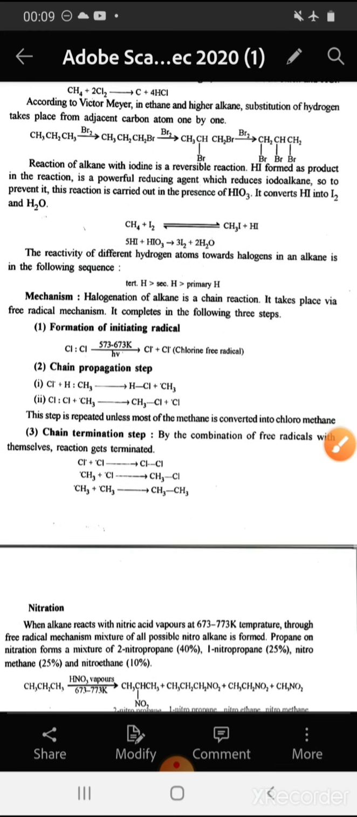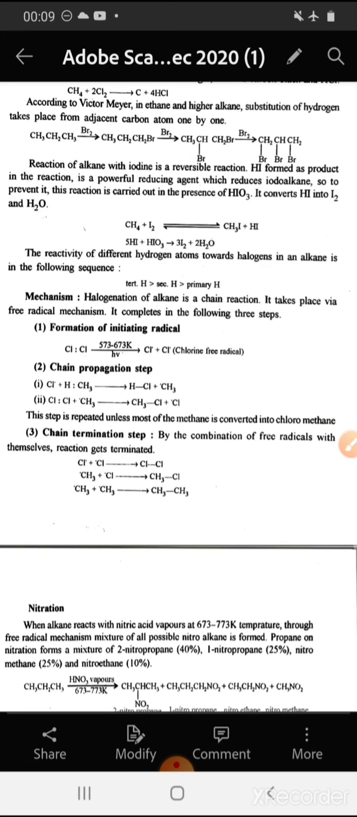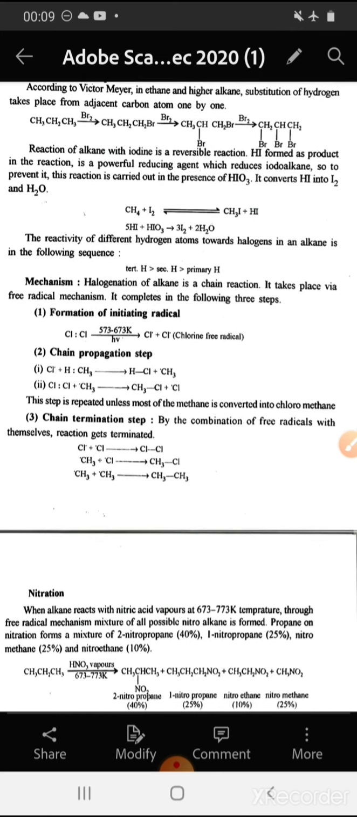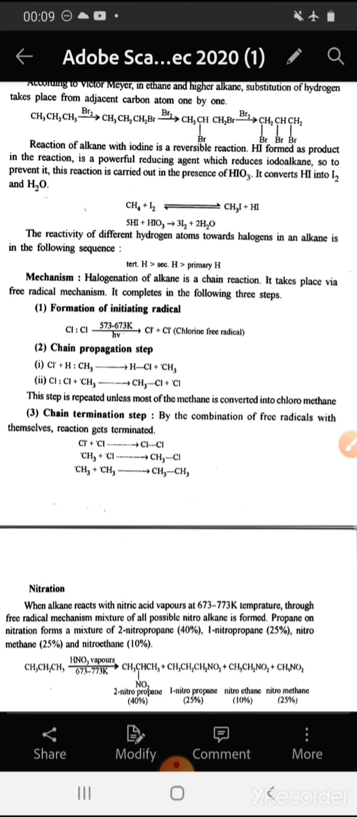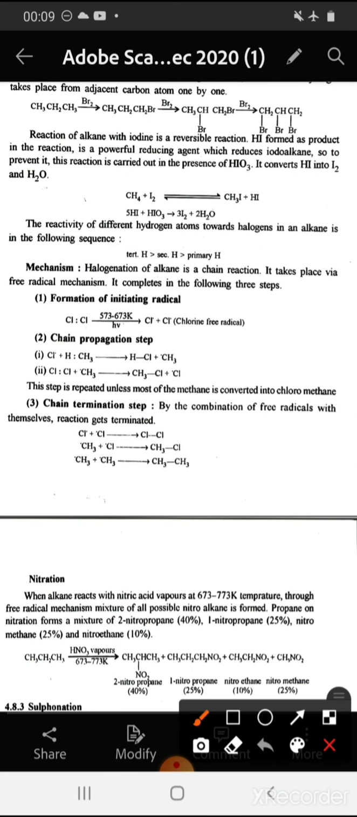Reaction of alkane with iodine is a reversible reaction. HI formed as a product in the reaction is a powerful reducing agent which reduces iodoalkane. So, to prevent it, this reaction is carried out in the presence of HIO3. HIO3 converts HI into iodine and water. So, if we see the reaction, methane reacts with iodine to form methyl iodide and HI. Now, this HI reacts with methyl iodide to give back methane and iodine. And this reaction continues back and forth